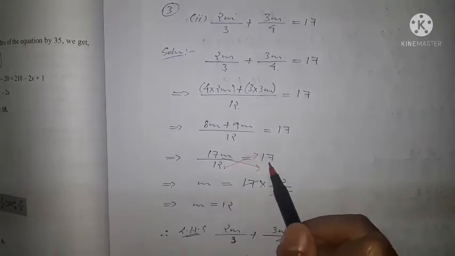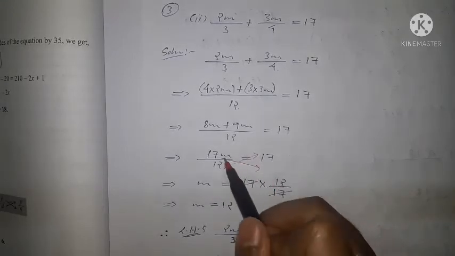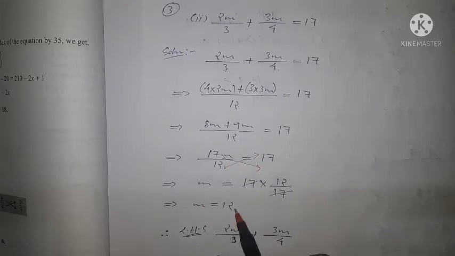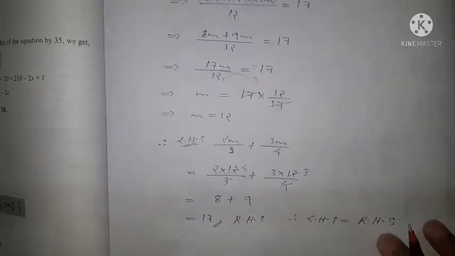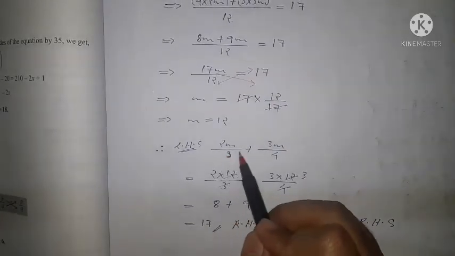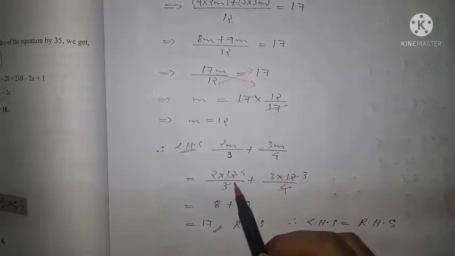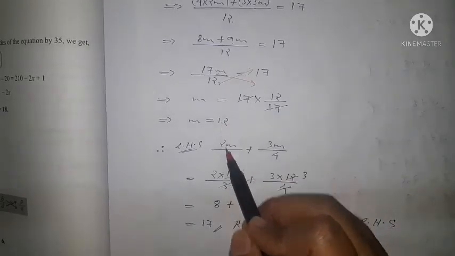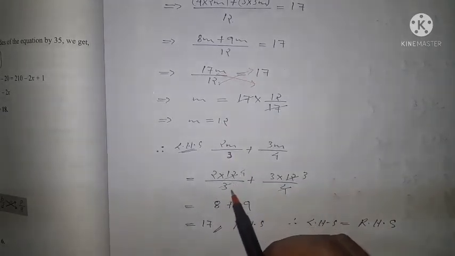So m is equal to this 17, so 12 will go up and 17 will come down. So 17 cancels, therefore the value of m is 12. Therefore, checking the LHS, twice m by 3 plus thrice m by 4. If we put the value of m as 12, so 2 into 12 whole divided by 3,